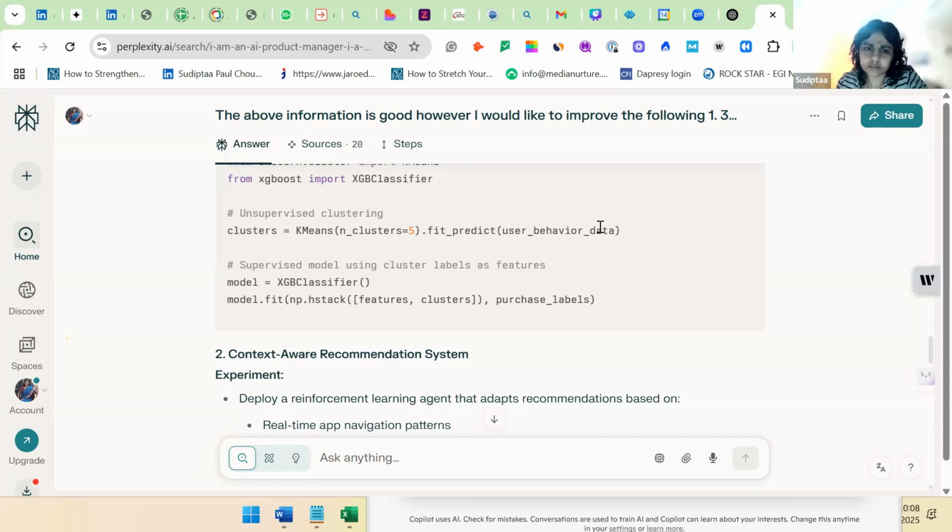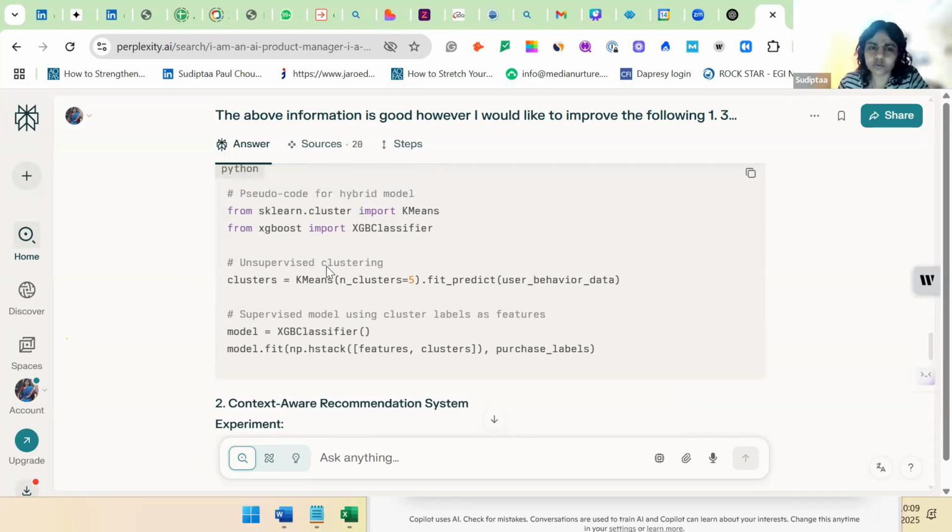This is where an AI PM helps the team think better and choose the right model that the company deserves. So tomorrow, if your manager or your C-suite asks, why did you use k-means and why didn't you use something else? You can easily say, look, I have done these two experiments. I see k-means has given me better accuracy, and therefore I have chosen it. And this is exactly what my data science team also found. And here are the results.